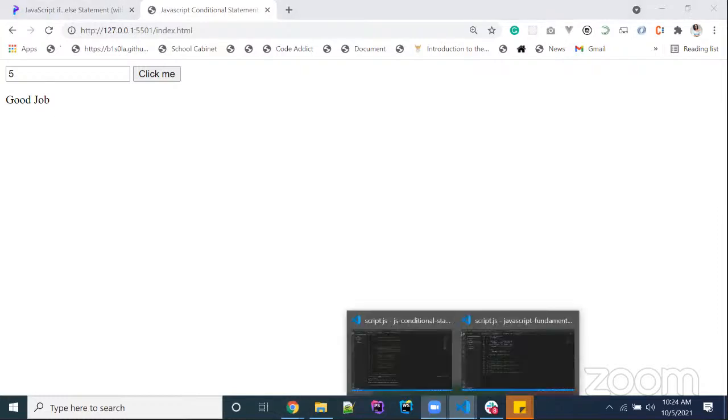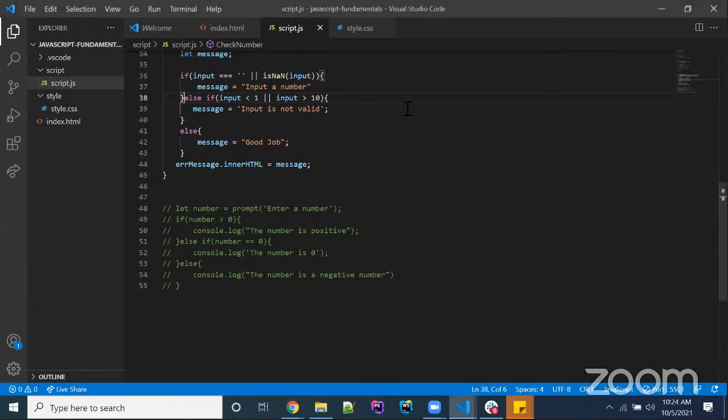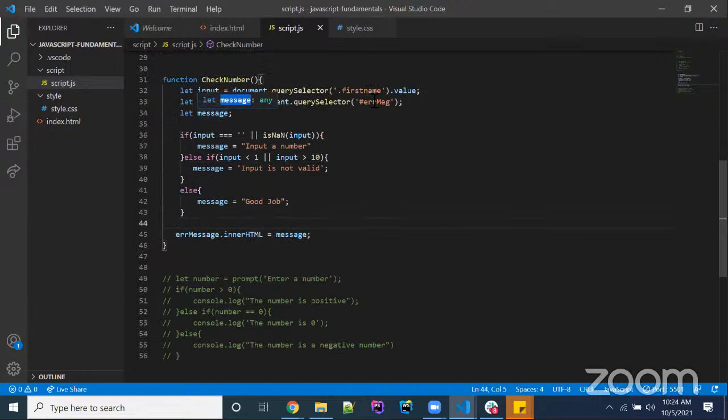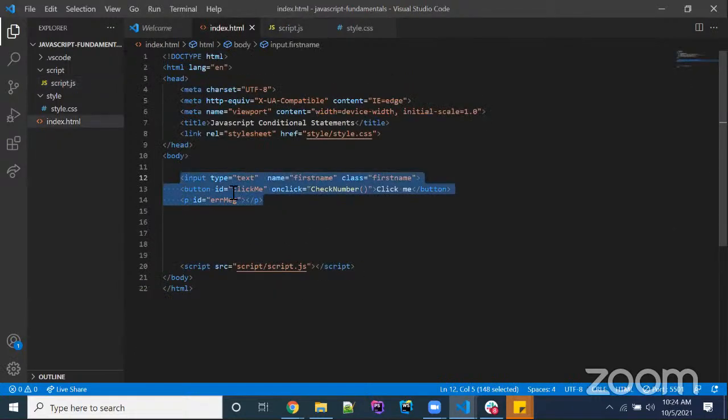Then you can actually change the color of that text you are outputting. So to change the color for the text, I want to actually change the p tag. So the p tag here is the error message. Remember, the p tag. I want to change,